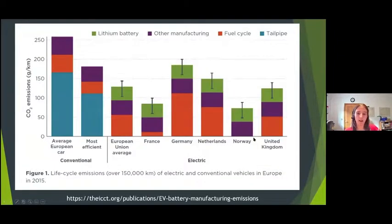So firstly, why might an electric vehicle be a greener option? This graph shows the overall carbon dioxide emissions of driving a car per kilometre. On the left, we've got the average or conventional car, i.e. petrol or diesel, two different types for comparison. And on the right is the chart for an electric vehicle. I think this study was based on a Nissan Leaf, because that was one of the most common electric cars